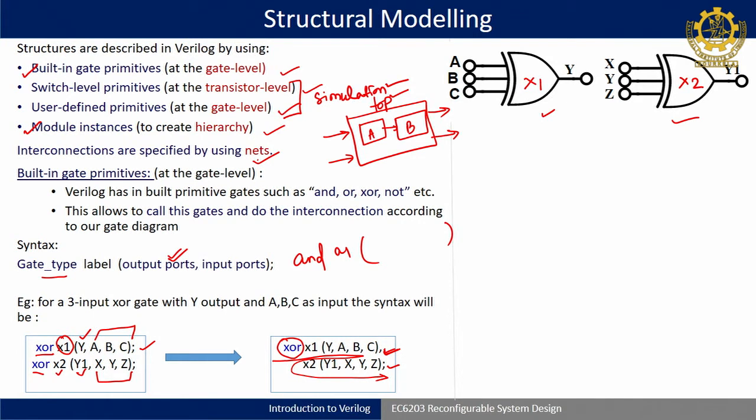So this is the summary of how to instantiate a gate level netlist here. Related to different types of gates, what is supported is in the Verilog language reference manual, LRM. You remember, language reference manuals are there for all the coding. So if you want to go in detail, you have to go for the language reference manual of each type of coding whatever exists in our day to day study. Okay, so this is that.